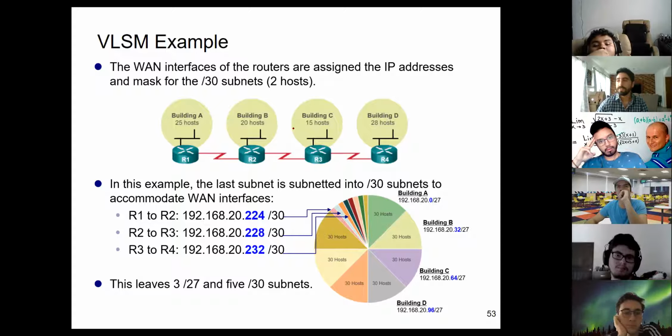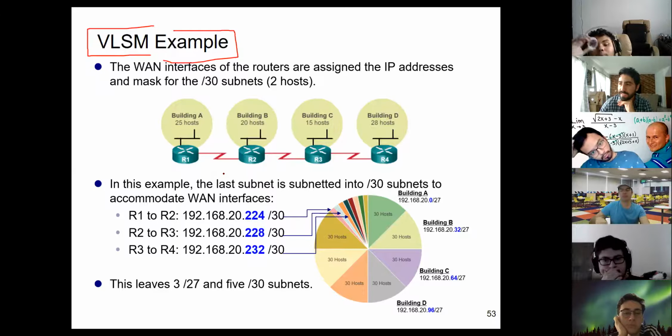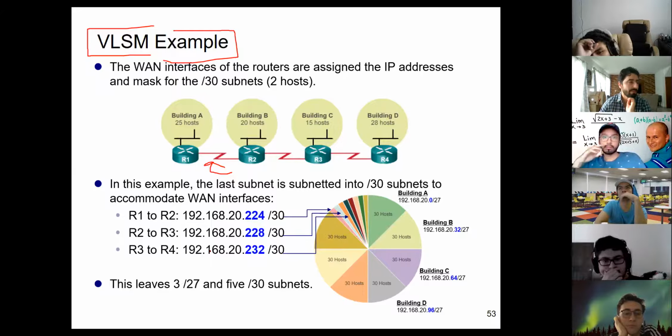Okay. But what I want you to know is, when you see this type of thing, you now expect to use VLSM if it's mentioned in the exam or some other places that use VLSM. You don't assign one big chunk of IP addresses here. Even if you can, even if you have the available number of IPs to do so, you don't do that, okay?